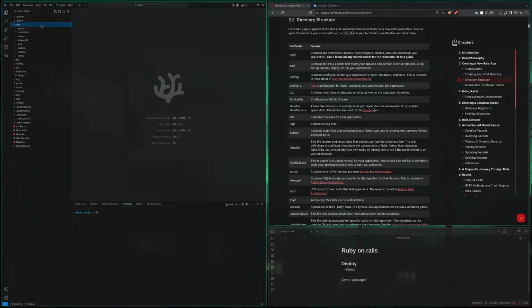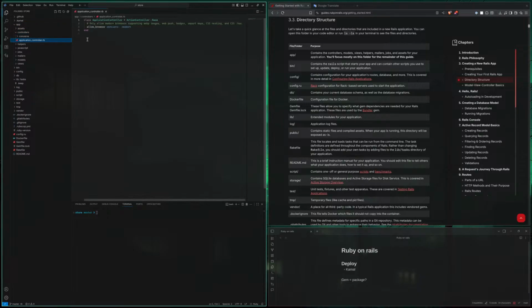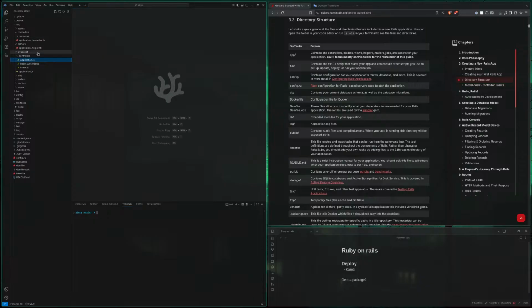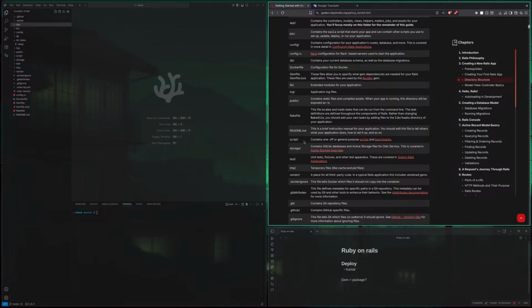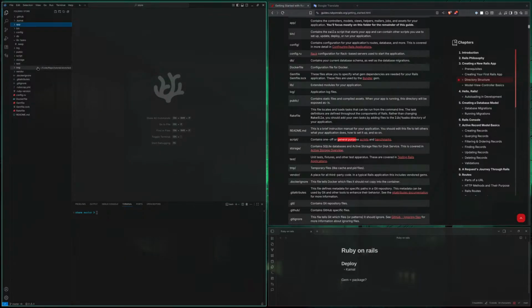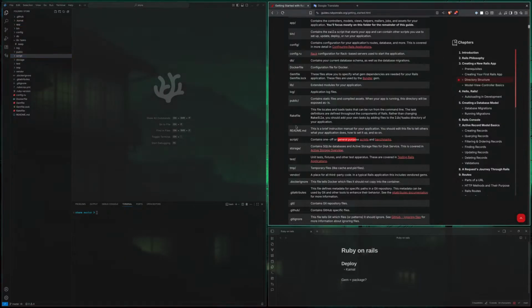They really seem to like comments. Let's see, what do we have more here? Assets, images, okay, controllers. Helpers, no comments. Yeah. README. Scripts contains one-off or general purpose scripts and benchmarks. Okay. Storage contains SQLite databases and Active Storage files for the disk service.